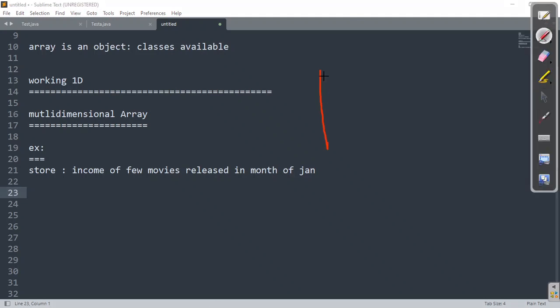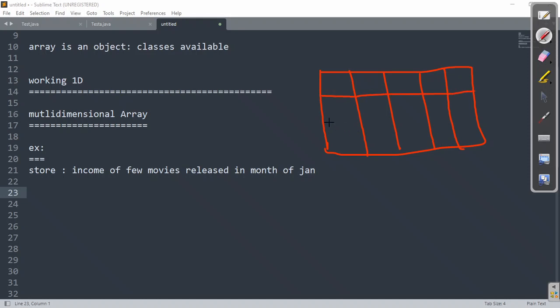Suppose I want to create a table. Here in a table, suppose I want to keep track of a few movies that were released recently, and store the income they have made in a few months. Suppose this is month number 1, month number 2, month number 3, month number 4, and month number 5, right?